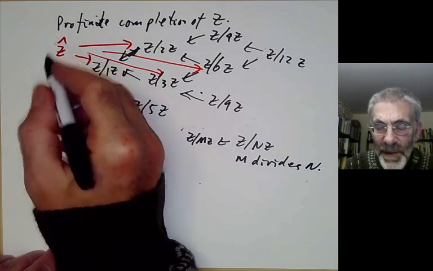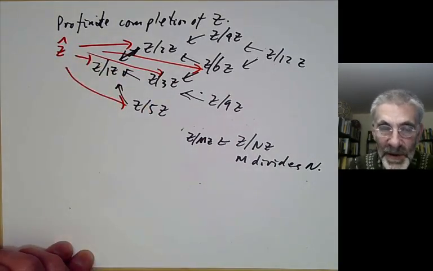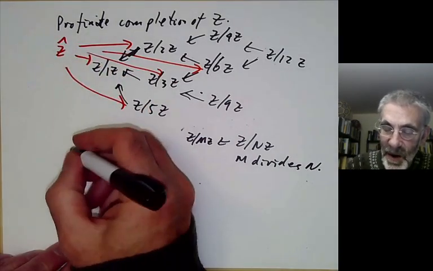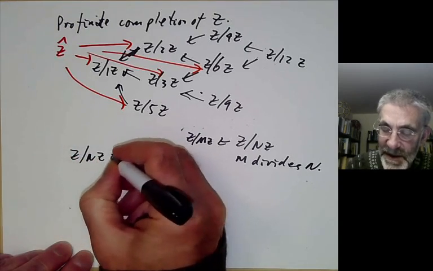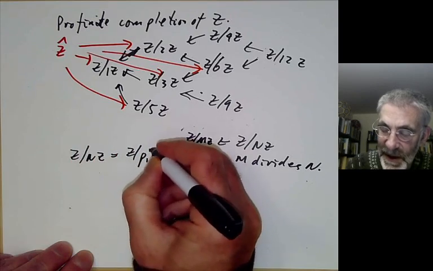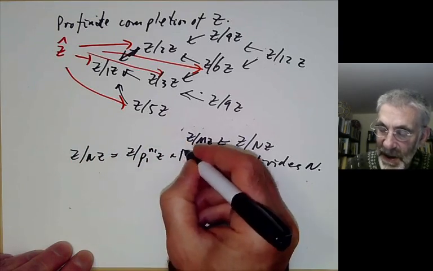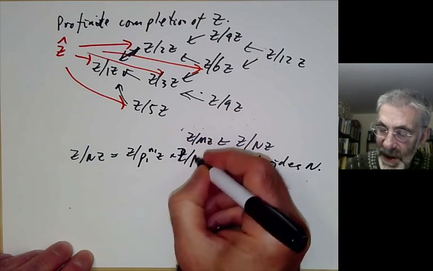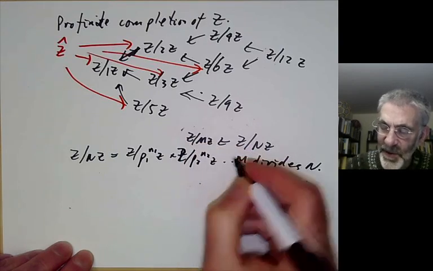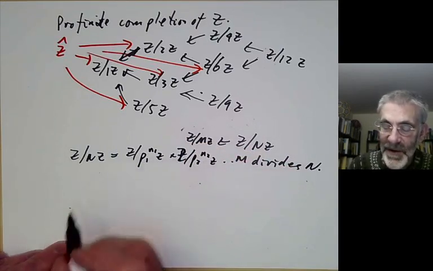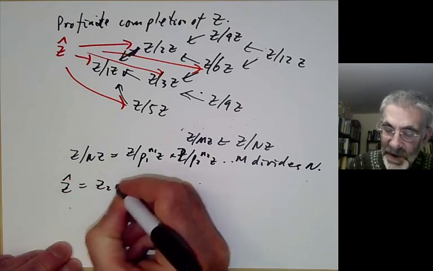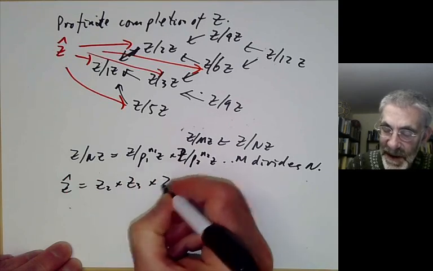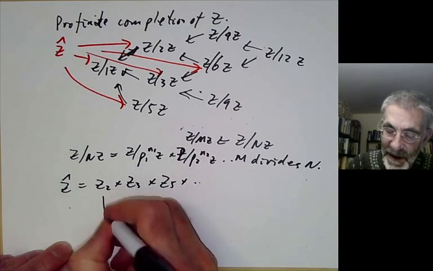You can also describe this profinite completion in another way using the Chinese remainder theorem. What you notice is that Z modulo nZ is equal to Z modulo p1^n1 Z times Z modulo p2^n2 Z, and so on, where this is the prime factorization of n. And this shows that Z-hat is equal to Z_2 times Z_3 times Z_5, and so on, where this is